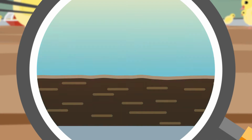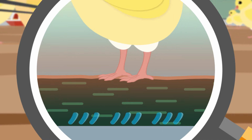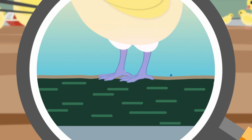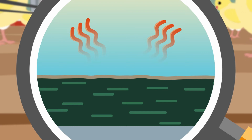Even if the top layer of bedding is dry and warm, but wet or damp underneath, moisture from the floor or bottom layer of litter will continue to rise to the surface, resulting in cold litter and cold chicks. Water evaporation from the litter surface will also make it feel cold. If the floor is wet, more energy is needed to heat the litter and maintain shed temperature, which can be